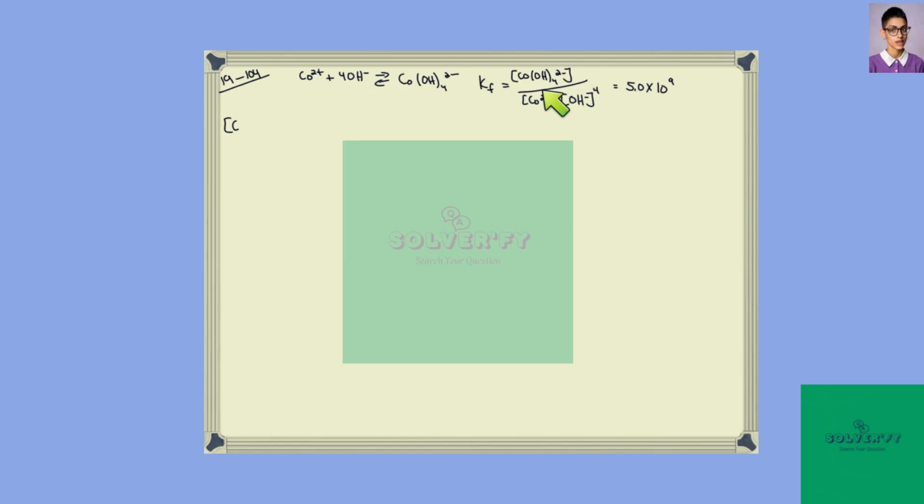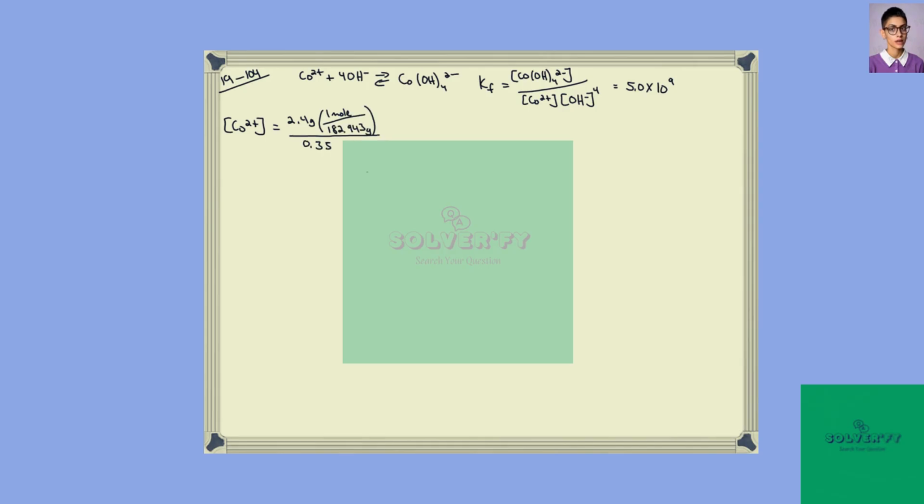which is what we have here, product concentration divided by the reactant concentrations, each raised to their corresponding coefficient. So the only one that has something other than 1 is hydroxide, which is raised to the 4th power. And that Kf value was given to us at 5 times 10 to the 9. We can solve for the cobalt concentration